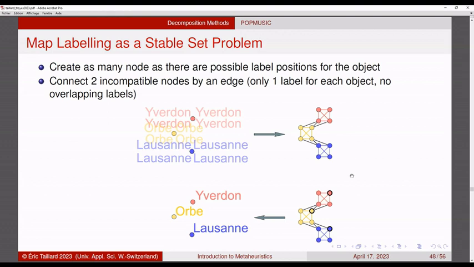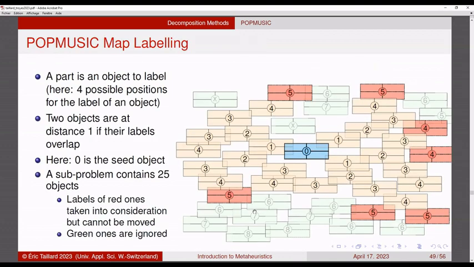And then if you find the maximum stable set in this graph, then this will provide you a solution to your problem. You can apply POPMUSIC to this problem here, and in fact, this method is embedded in